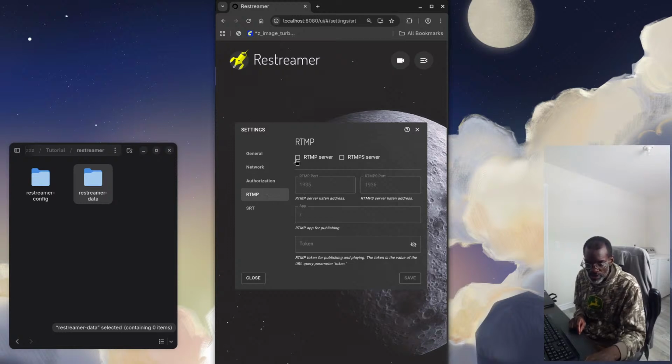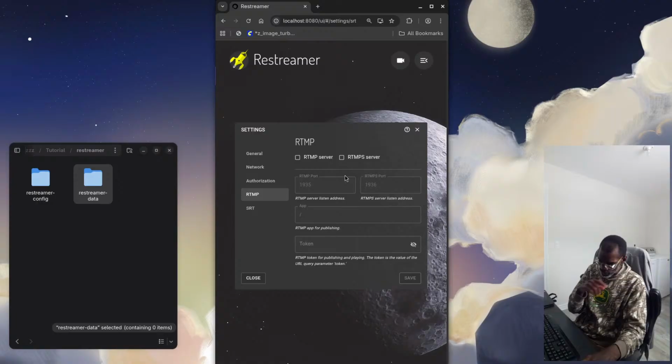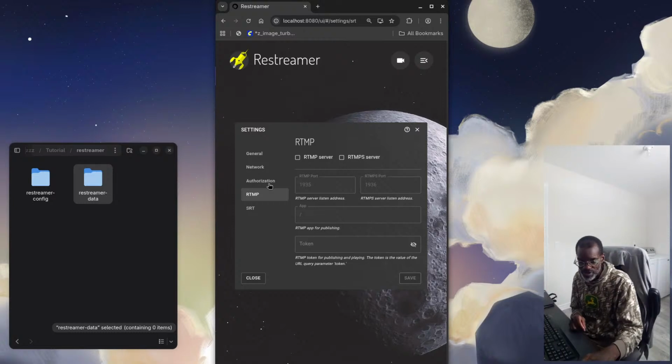You can also have an RTMP server or an RTMPS server. Remember I told you about BitChute. BitChute uses RTMPS. That gave me problems when I was using Nginx, until I figured out that the Nginx RTMP plugin doesn't support RTMPS. So I had to use FFmpeg, and I was thinking, if I'm going to use FFmpeg, why don't I just use FFmpeg for everything, right? So that's what I'm doing right now.